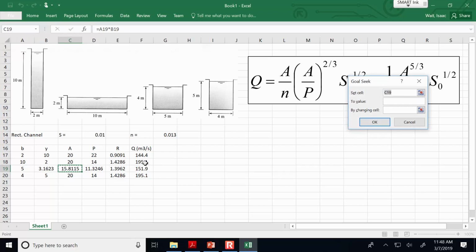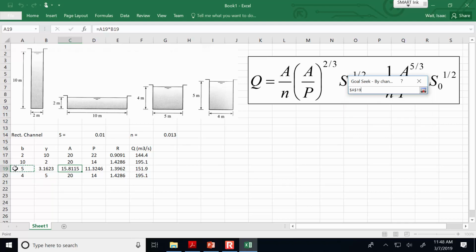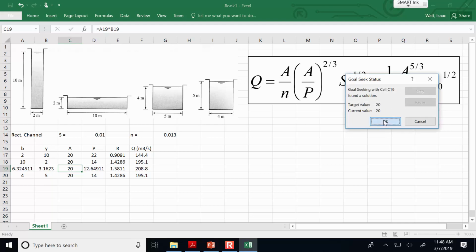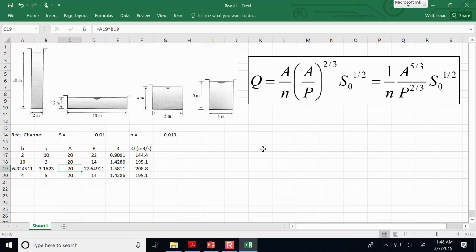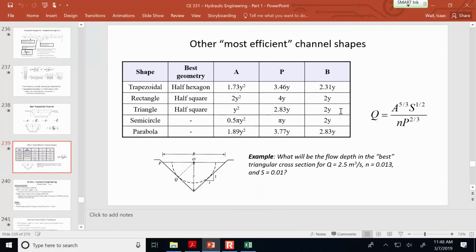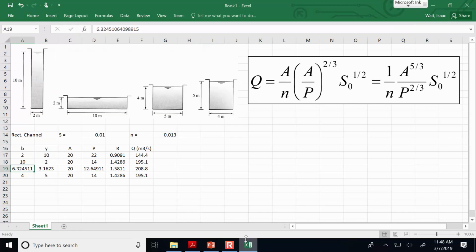My goal is the area has to be 20, and I'm going to solve for the width that gives me the cross-sectional area of 20. Oh, that's funny. I should have just looked here for the B. It's 2 times y. I didn't have to do a what-if analysis for that. But anyways,